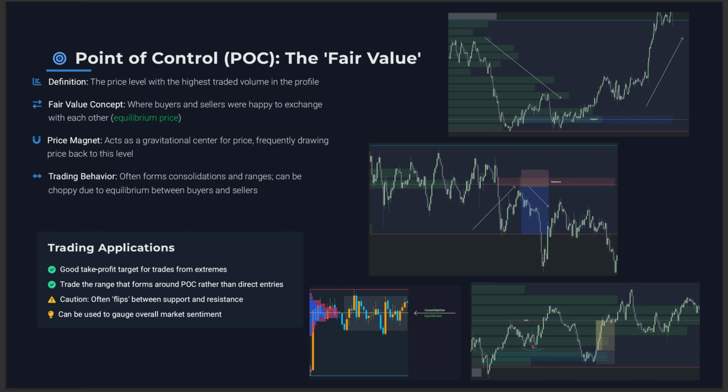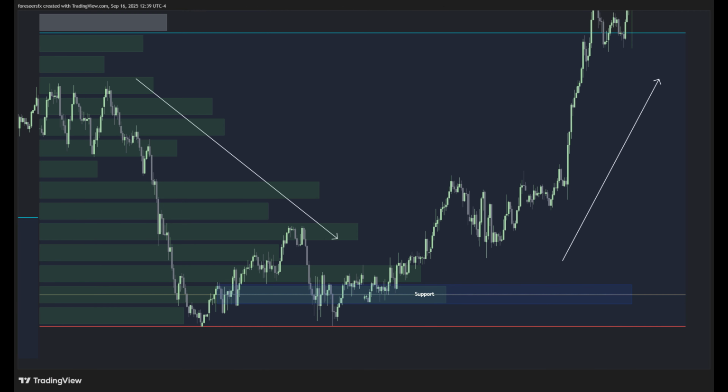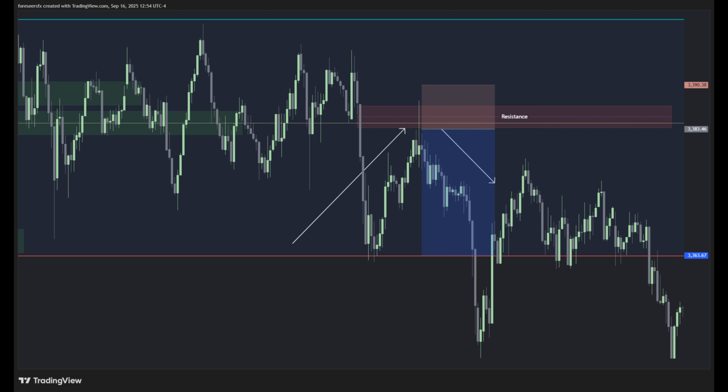Now, here's how to trade the POC. It can act as both support and resistance depending on how price approaches it. If price comes down to the POC from above, it often finds support because buyers remember this as a good buying level. If price comes up to the POC from below, it might find resistance because sellers remember this as